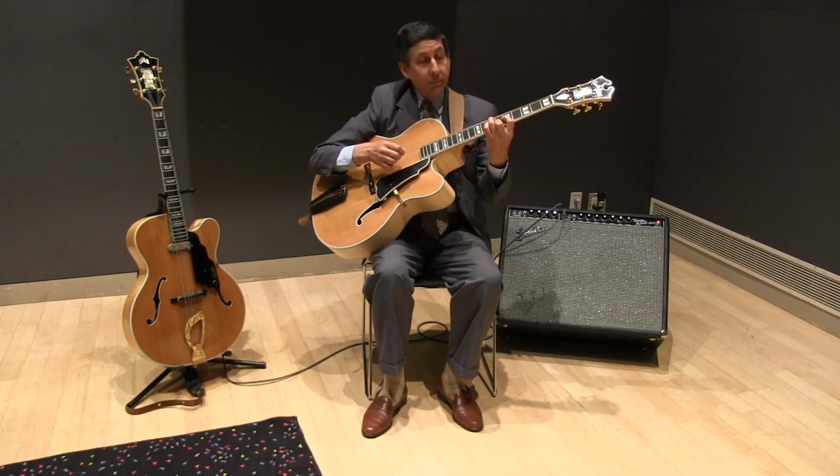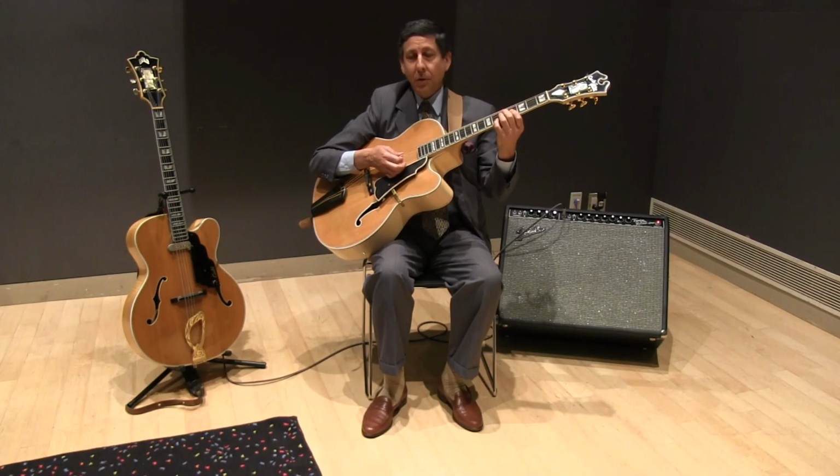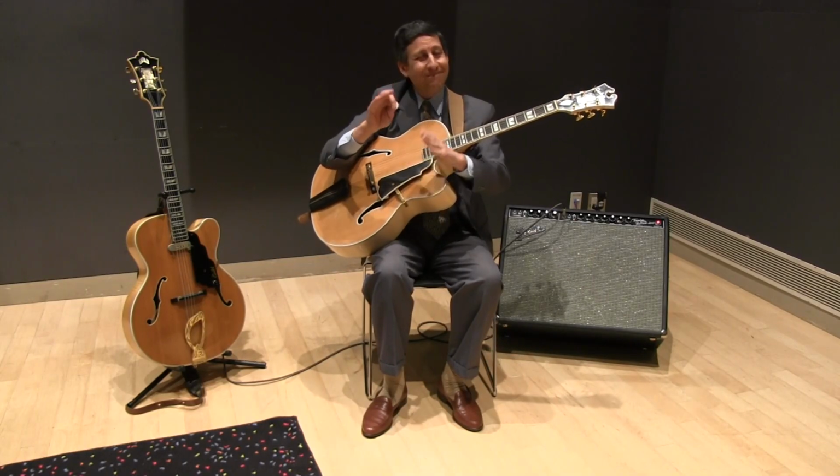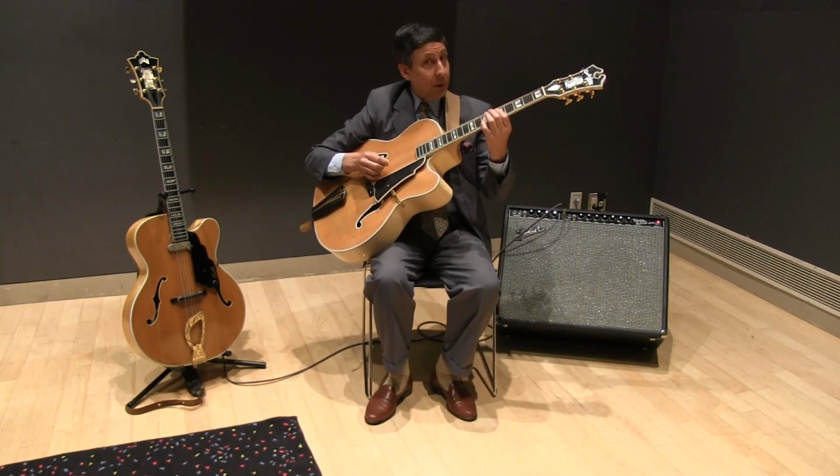So as you noticed, the drop 2s are on 4 adjacent strings. All your drop 2s, that's how far they're spread. They're always going to be on 4 adjacent strings. The drop 3s,